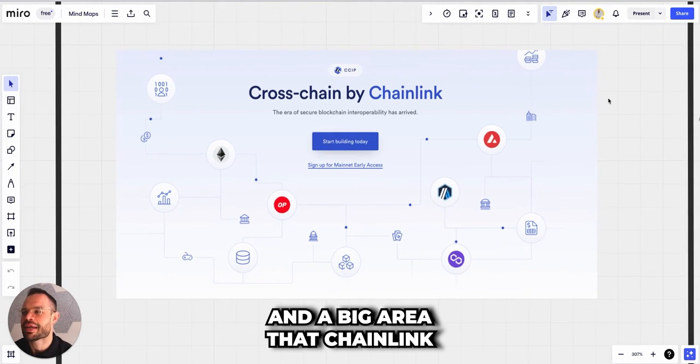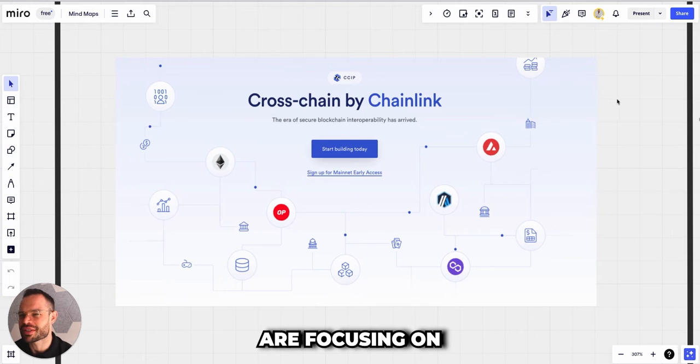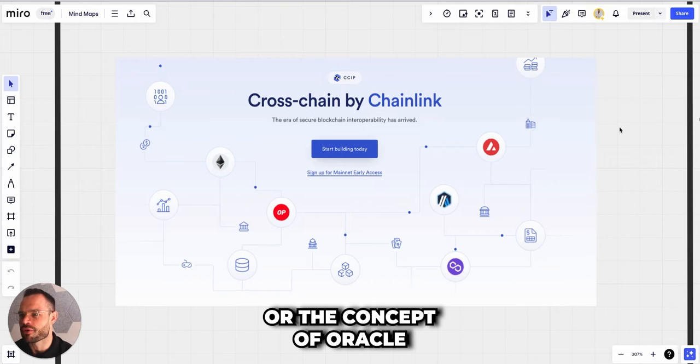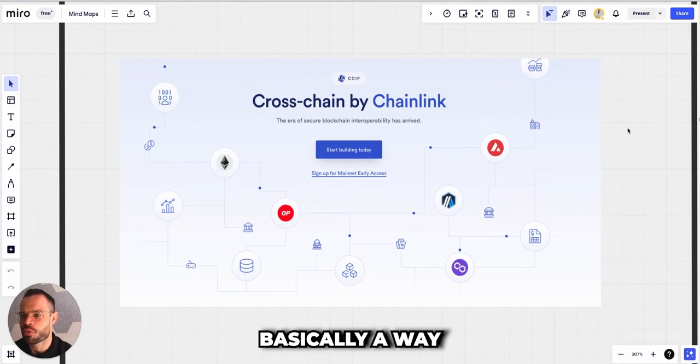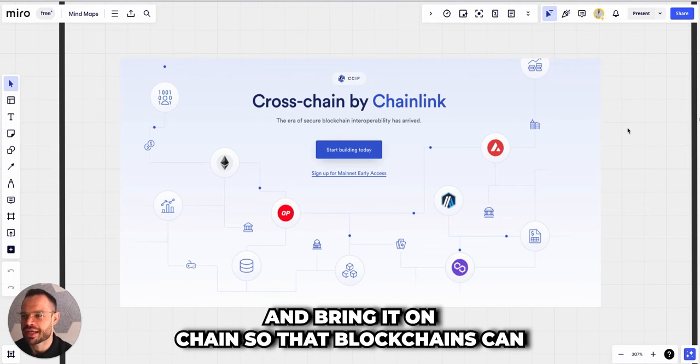And a big area that Chainlink are focusing on is this notion or the concept of oracles. And in layman's terms, oracles are basically a way to try and connect off-chain data or real-world data and bring it on-chain so that